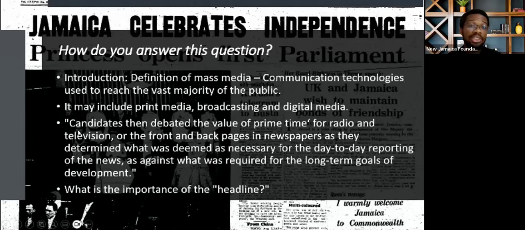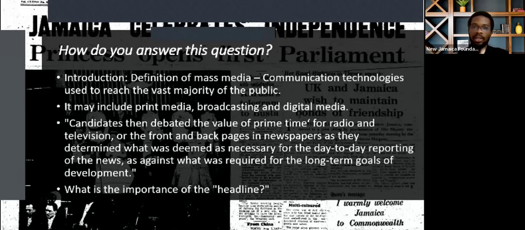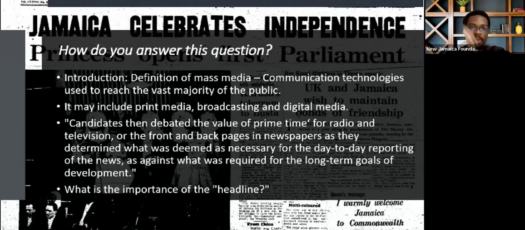So how do we go about answering this question? One, definition. Outline your key terms. So the definition of mass media: communication technologies used to reach a vast majority of the public. That would make sense. Media, how you're aiming to reach the public. Mass, wide scale. So social media is a form of mass media. The newspaper is a form of mass media. Radio is a form of mass media. So you see, you can include print media,